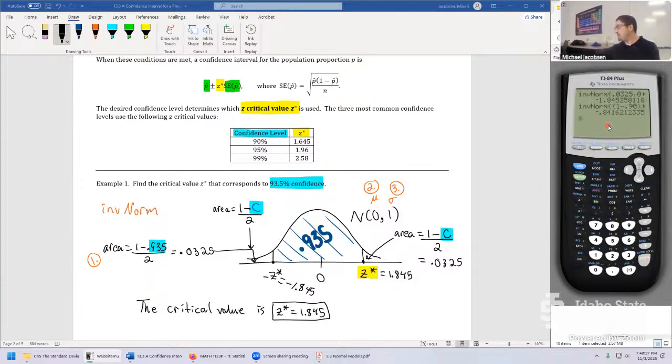0.90 divide by 2. Keep these as zeros and ones. And that was not what I was expecting. Hang on, let me double check that. Second vars, I'm going to blame daylight savings on these weird issues. 1 minus 0.90, I did times 2, so that would be the mistake there. Go division by 2, that definitely makes a difference, right? And then enter on these. That's about what I was expecting. If you round this to 3 decimal places, it's negative 1.645. Convert to positive like we did on our problem below, and that's how we got that table value there.